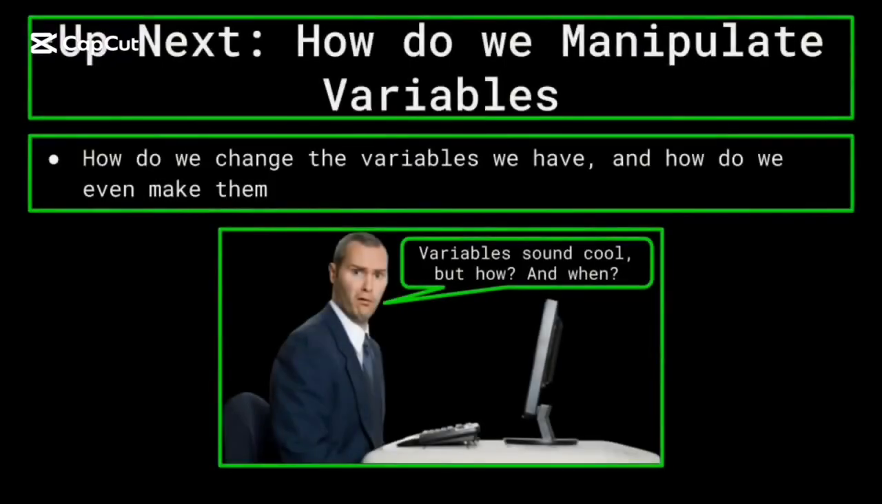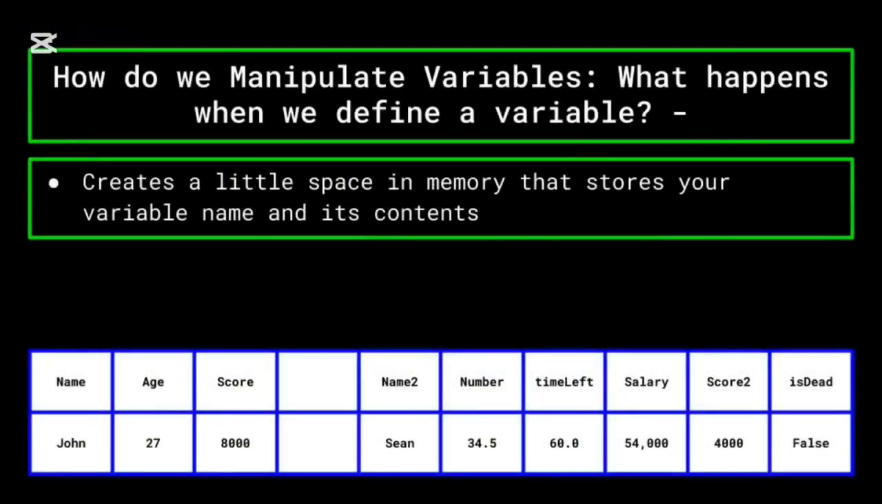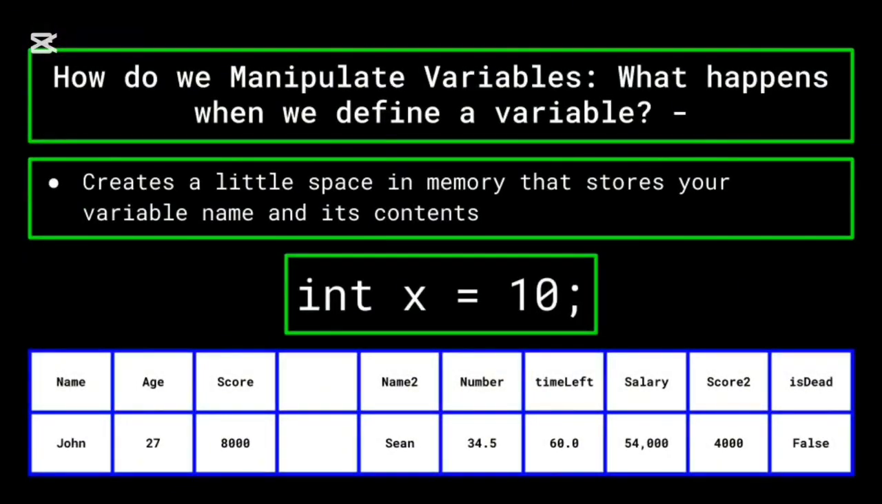We're going to delve further into what happens when we actually define or create a variable, how we reference them, and how we can manipulate them for our programs. To start, let's go over what happens when we actually define a variable. Now, when we write a line of code which initializes a variable, and that code is executed, the computer essentially creates a little space in memory that stores your variable name and its contents so that it can be referenced